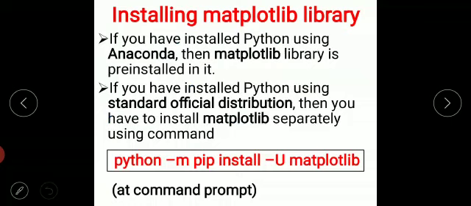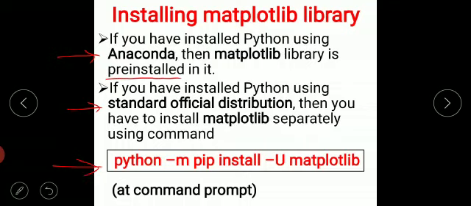How do we have to install matplotlib library? If you have installed Python using Anaconda, then matplotlib library is pre-installed in it. You need not install it explicitly, it is pre-installed in Anaconda. But if you have installed Python using standard official distribution, then you have to install matplotlib separately using a command.